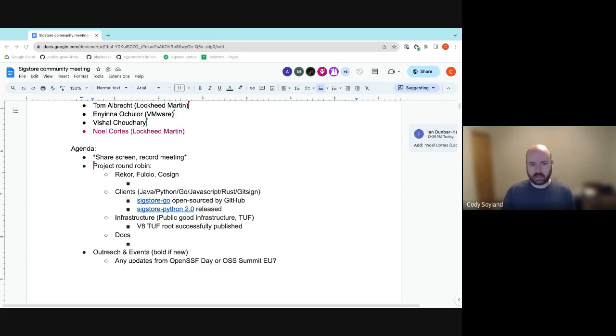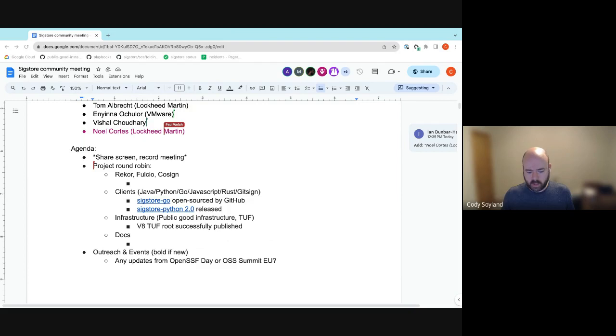So Sigstore Go is intended to be kind of a friendly API for verifying with Sigstore, and in the future signing as well. Currently, it only supports verification. I'm happy to answer any questions about that. We did have a discussion about it this morning at the clients meeting, but I encourage you all to check it out.